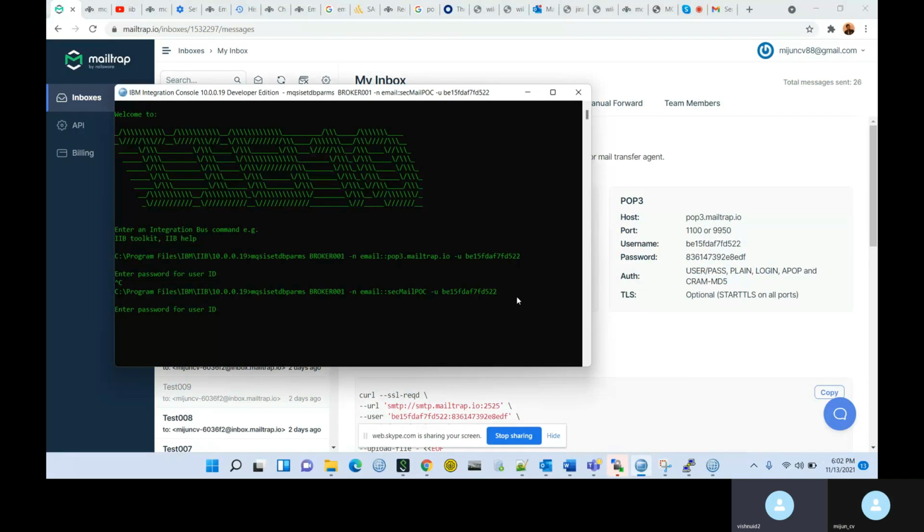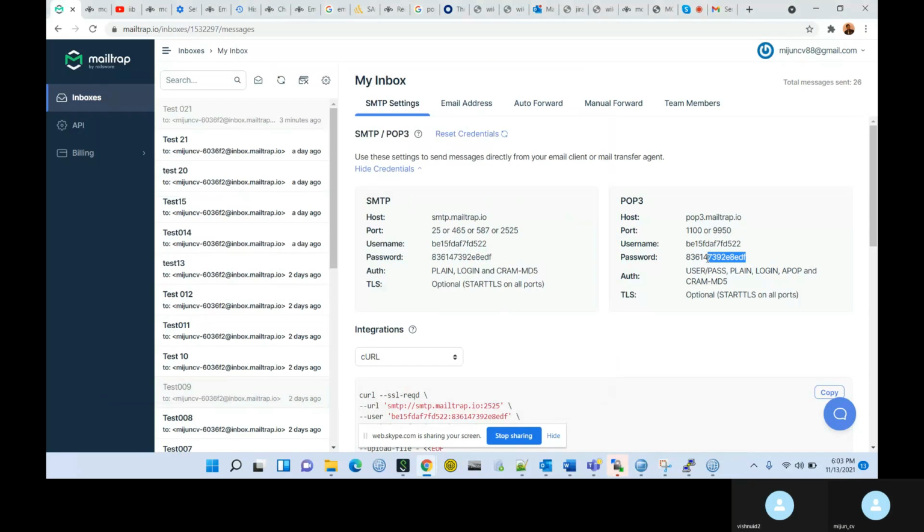Copy the username and the password. Sorry, let me copy and paste it again. Will copy and paste work? Yeah.